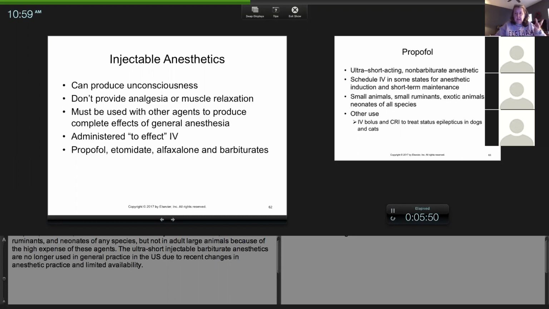If I look at how sedate AJ was, if I was going to be giving him propofol, he would only need probably 2 or 3 mils of his dose. He was fairly deep to get him to unconsciousness. So it's going to kind of depend on how sedate your patient is. But I want you guys to know the majority of induction agents, just because you calculate a dose, you're only giving it to the effect that you need. You don't have to give all 8 mils just because you calculated it. A lot of times I throw away,